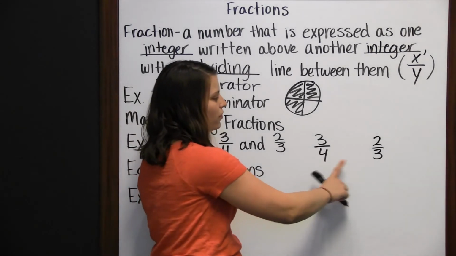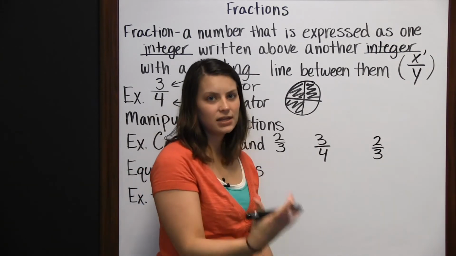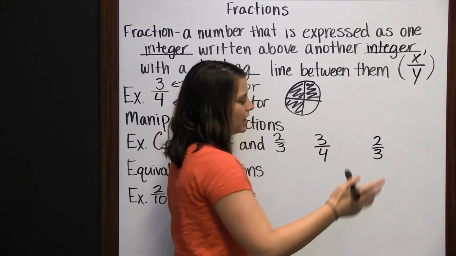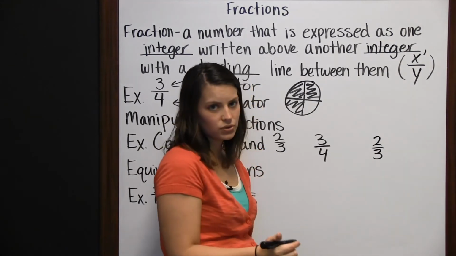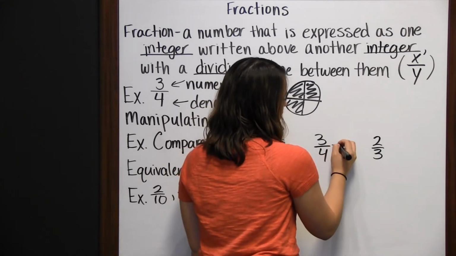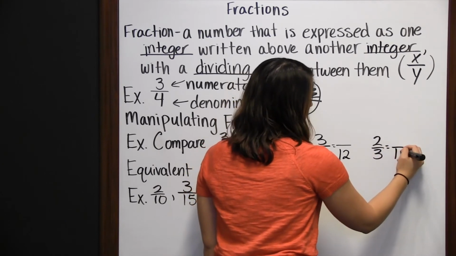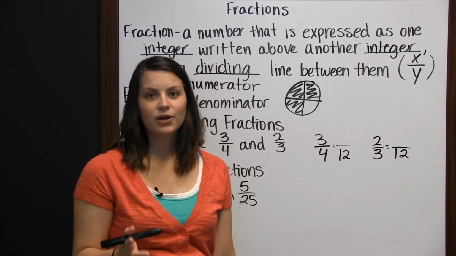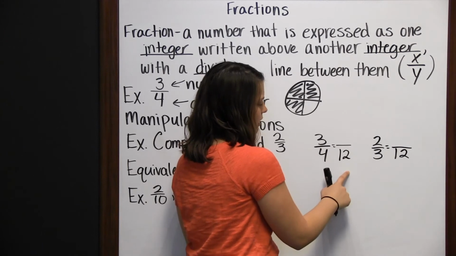When you do that, you want to look for multiples of the denominators. And the least common multiple will be the least common denominator. So the multiples of 4 are 4, 8, 12, 16, etc. The multiples of 3 are 3, 6, 9, 12, 15, 18, etc. So the least common multiple between 4 and 3 is 12. So that means I want to change this fraction to something over 12. Same with my other fraction. What I'm doing is creating an equivalent fraction. 3/4 is equal to something over 12.